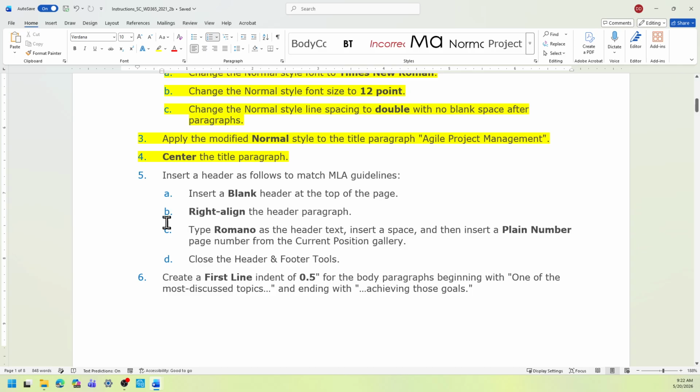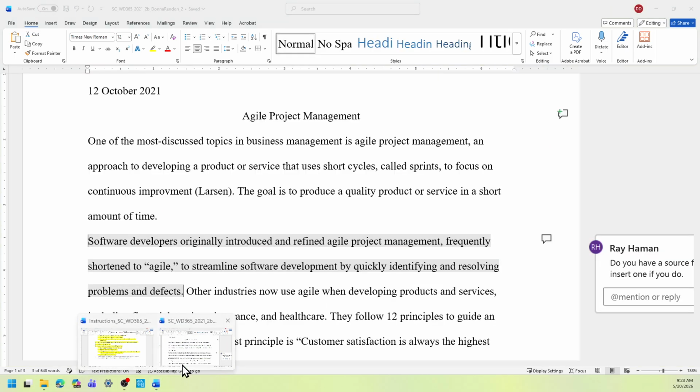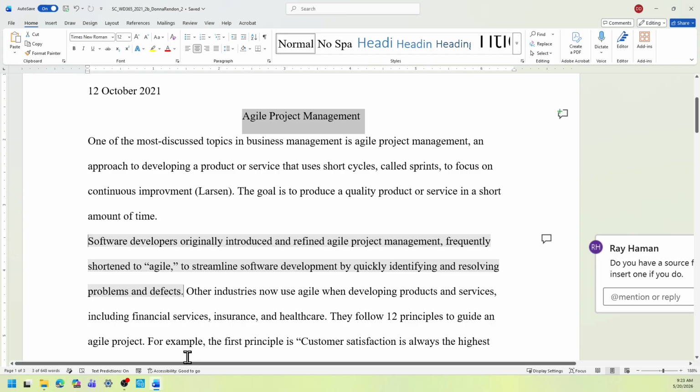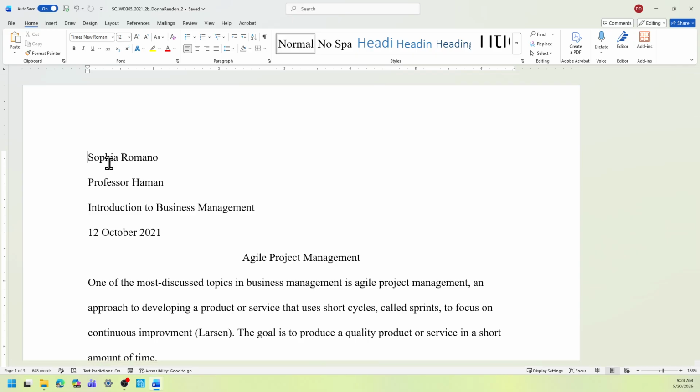So there's 5 steps here, 5A to 5C, but I'll show you how to do this a quicker way. Okay, so I'm just going to stay here and then go back to the start file. Now to insert the header, you're going to make sure that your cursor is before the first paragraph, Sophia Romano, and then you're going to